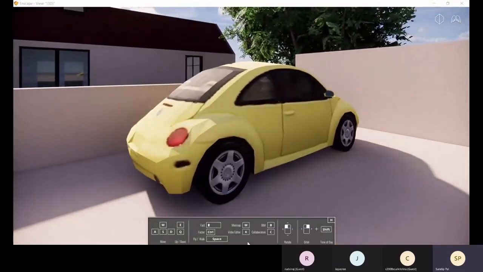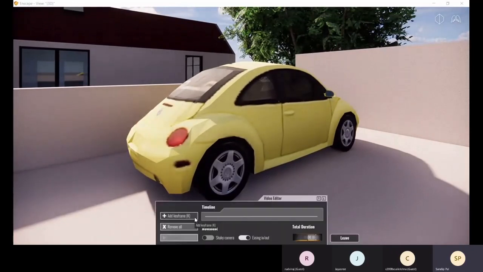Okay, now press the K button. You get this timeline, and each and every moment you are changing your camera view, you have to add a keyframe with K. So now the camera is facing the car, and you add a keyframe with K, or you can click on this.